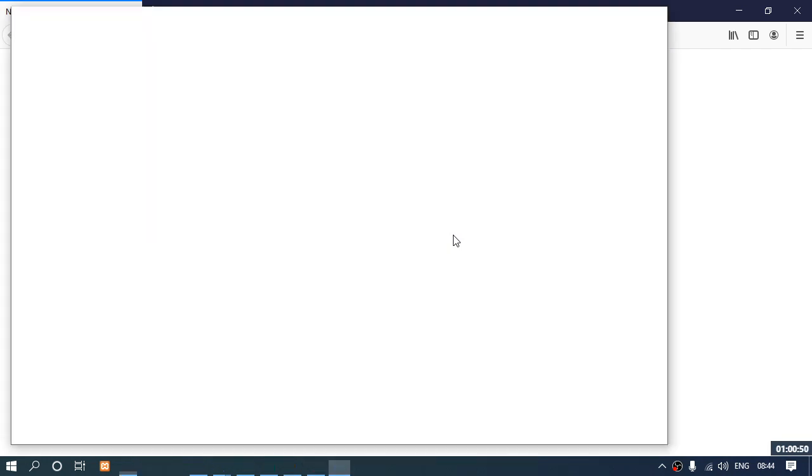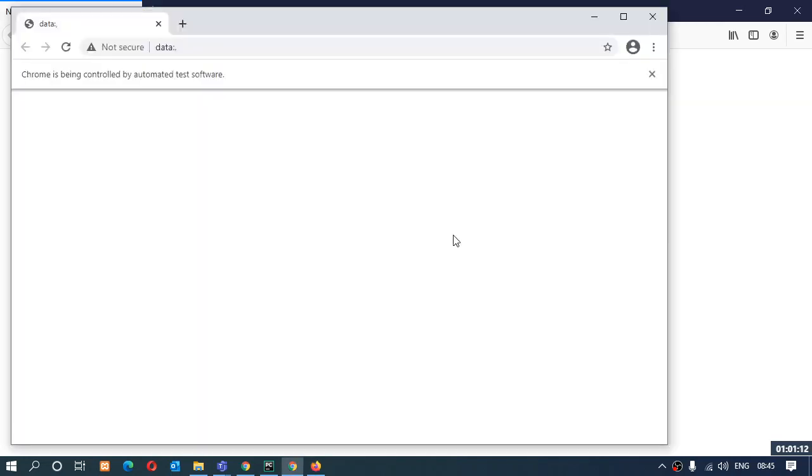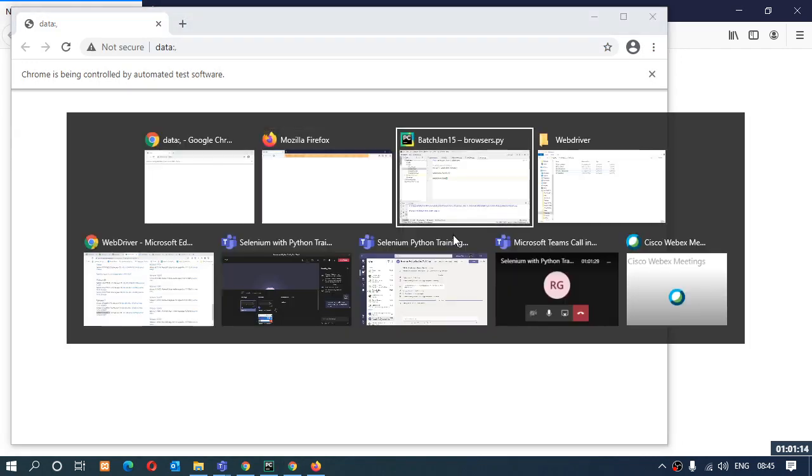The first time when you add the drivers in your environment variables, it might not immediately show you the effect. You may have to restart your system to apply the changes. If you face any issue like the executable path needs to be in place, if you get that error, then you just need to restart your system and then run your code. It will be working absolutely fine. Right. So it will open up in the background. I'll not wait for that to open.